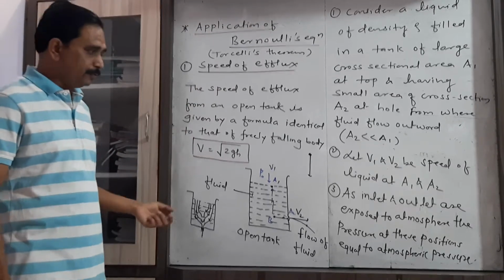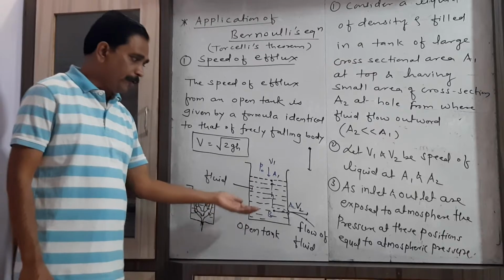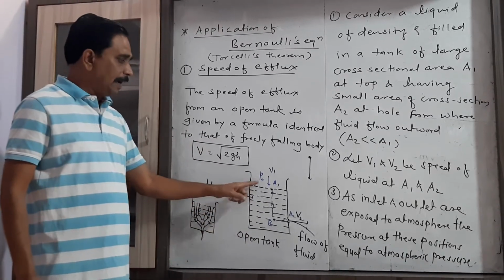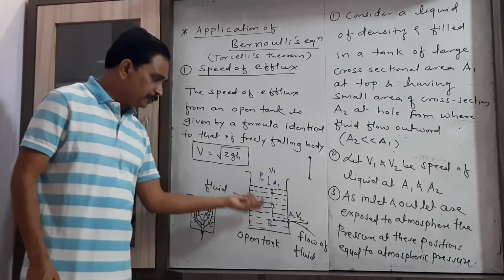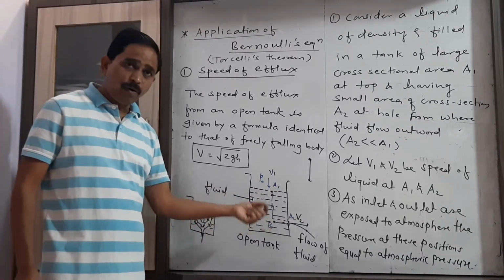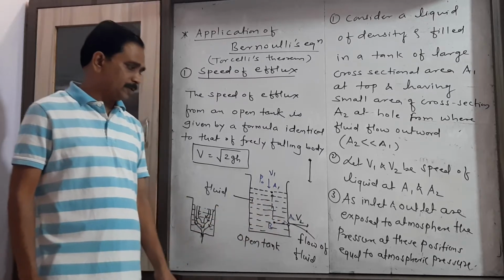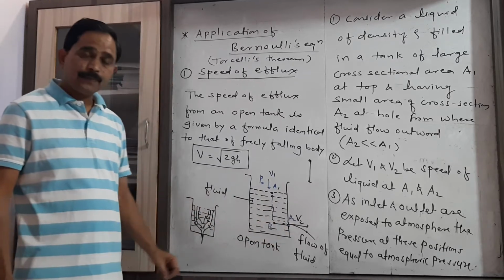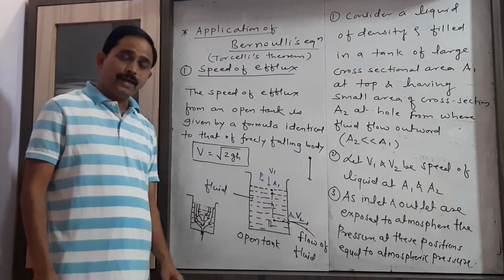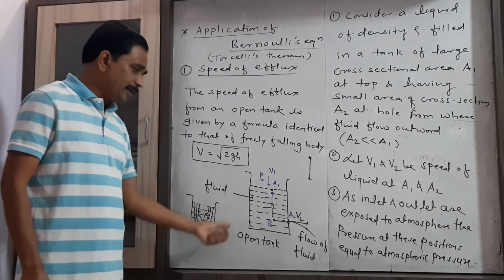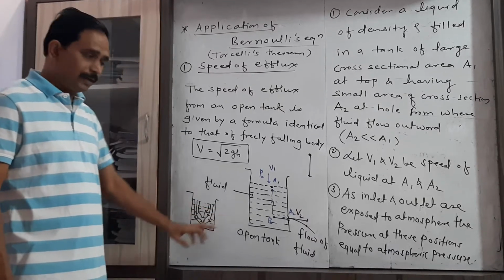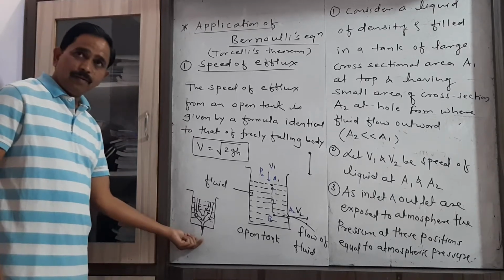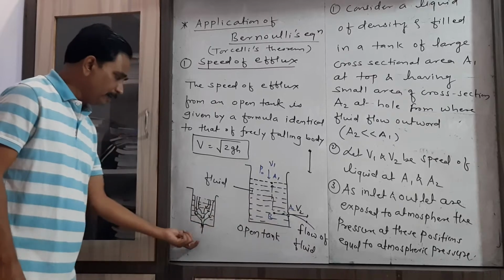Now here, when we consider a fluid, that is a liquid, which is taken in an open container of a very large area of cross section, and this fluid is coming out from a hole having a very small area of cross section, then we have to find the velocity of the fluid which is coming out from that small hole. Now here we can draw the figure like this, which is given in our textbook. Now this hole may be present at the side or at the bottom.